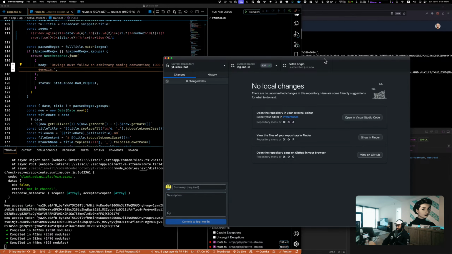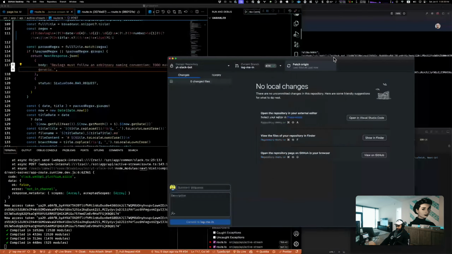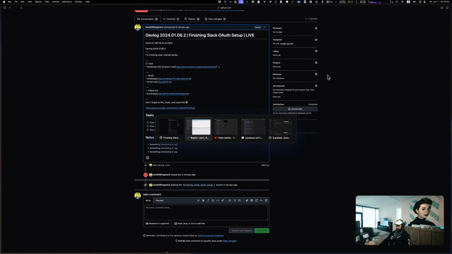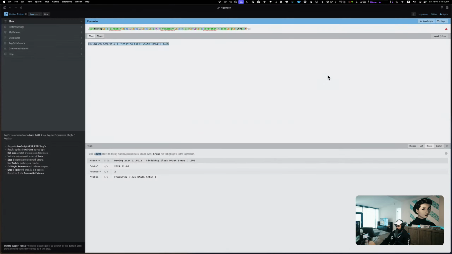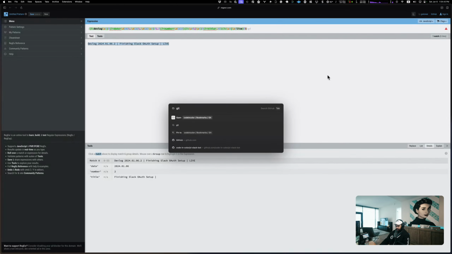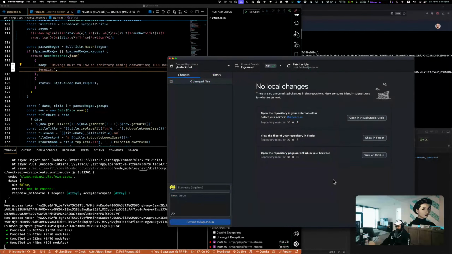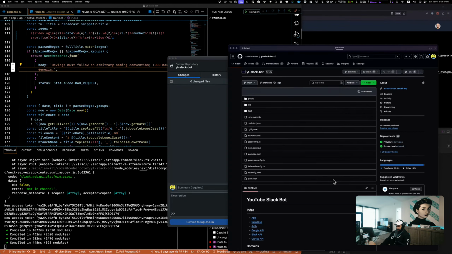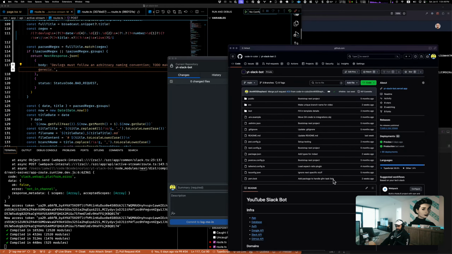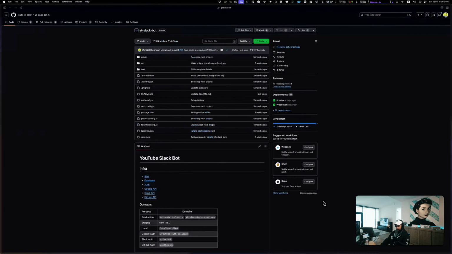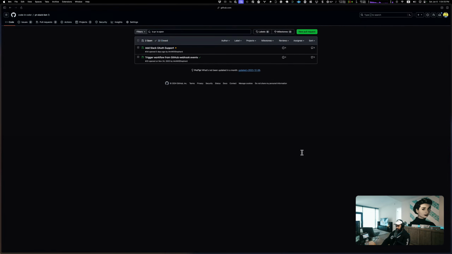Look at that. So we have more to the PR. Not this PR, this is another repo. Let's go look at the correct repo. Actually, you know what? I have GitHub Desktop open, so you can just use GitHub Desktop to open it. Let's go to our PRs and look at that.